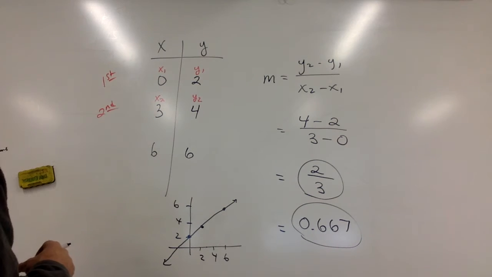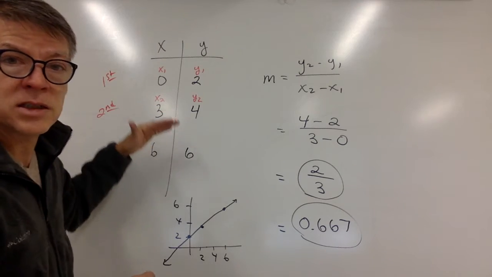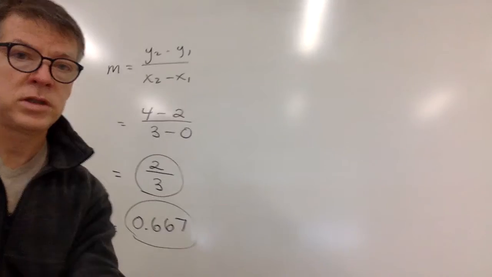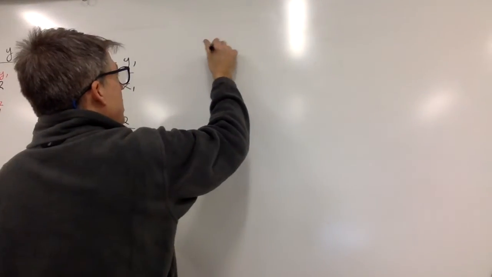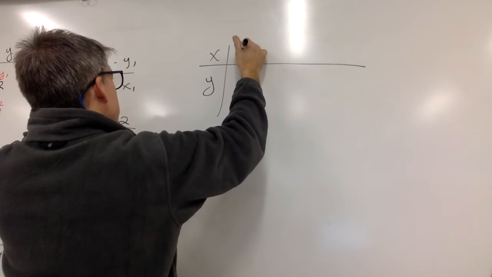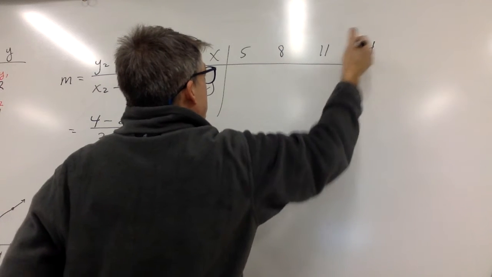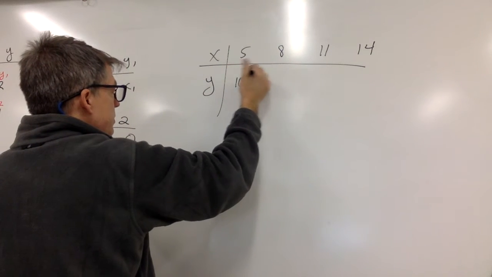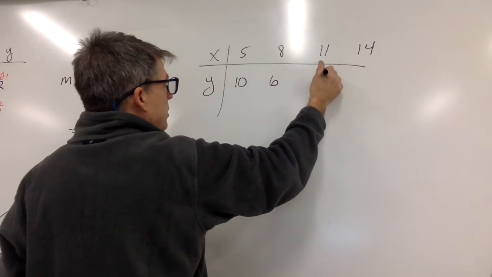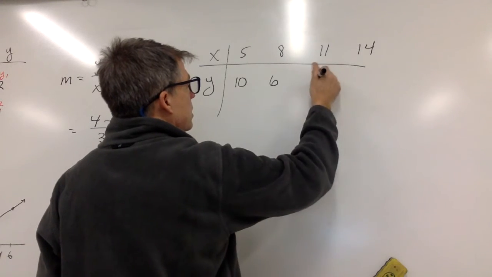Okay. Now, sometimes the tables won't be written in columns like this. Sometimes they'll be written in rows. That's fine. Check it out. Let's just do that to make sure you're not confused. X, Y, and I'm just going to make something up here. 5, 8, 11, 14, and then let's go 10, 6, oops, let's make that a 2, negative